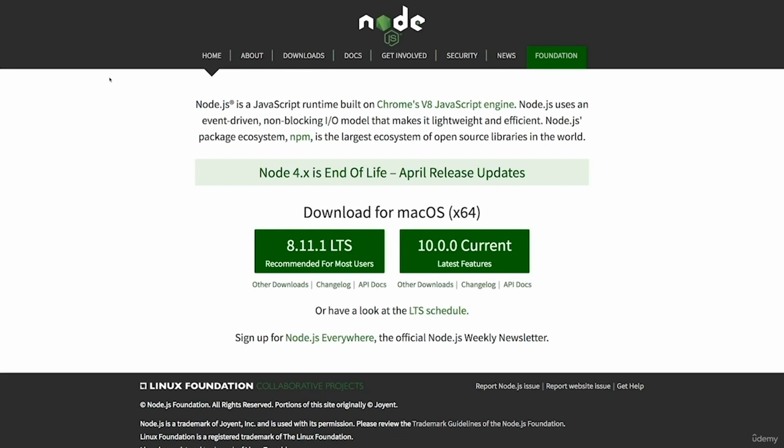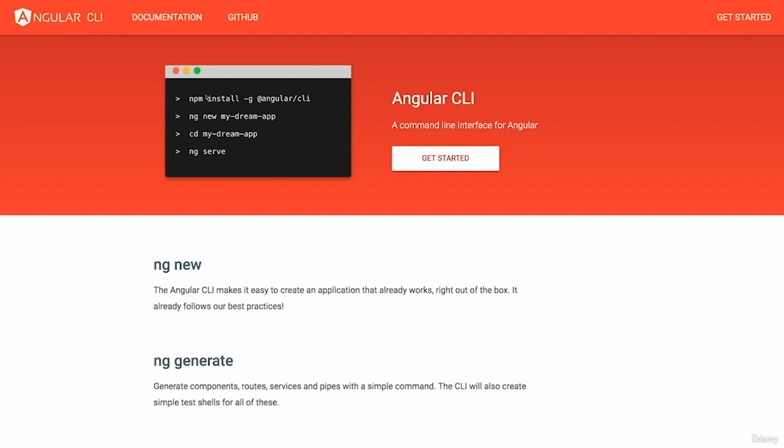Dependencies are things like the Angular framework itself, but also some other libraries that framework uses. So you can simply download the latest version here by clicking on that button. In my case, it's 10.0, but that might differ for you. And you will get an installer which will conveniently install Node.js and this NPM tool on your machine. Once you finish the installation, we can run these commands, and we run them in our terminal